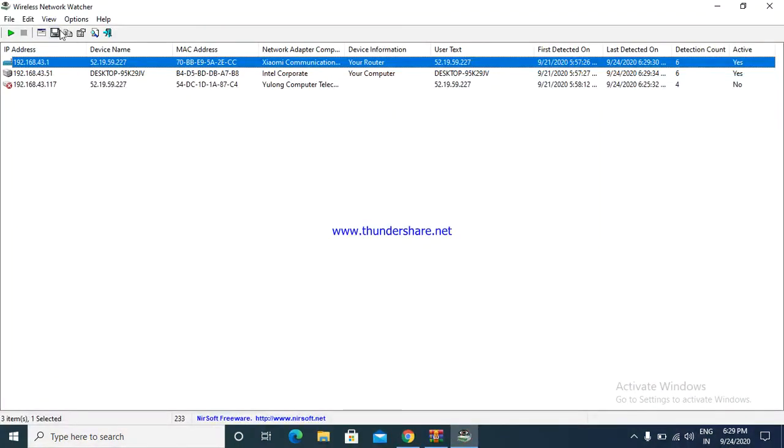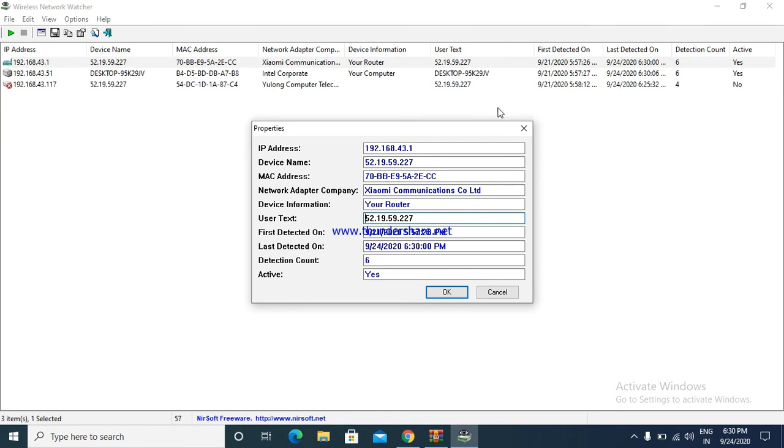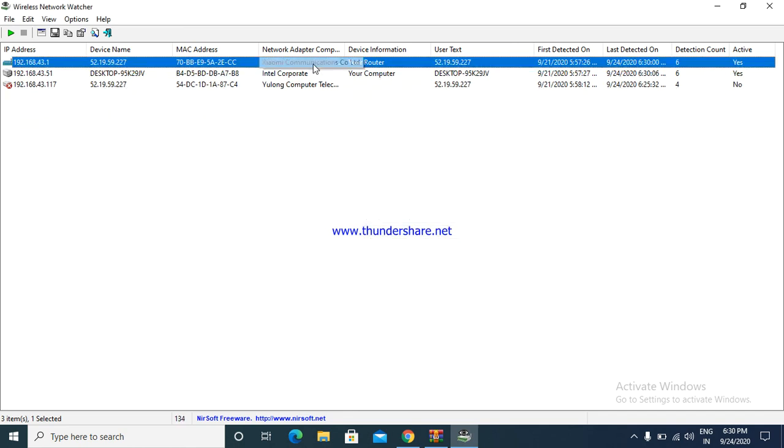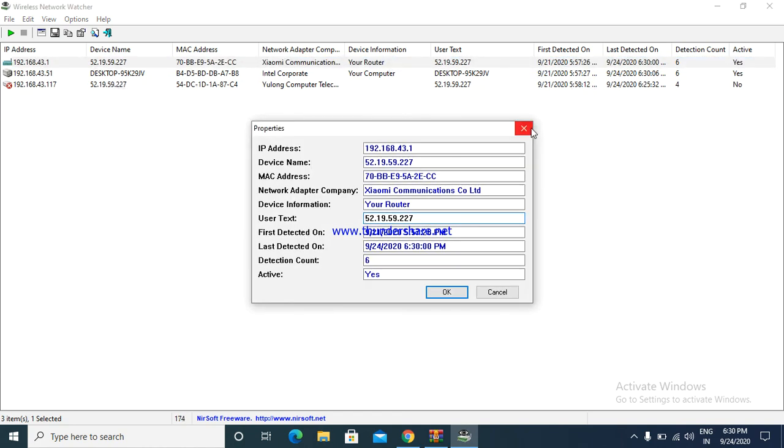Let's see. Selected items. This copies any selected item. Now, if we want to show the properties of this, we can use this. Here it shows all the details about the selected device. If we want to see the properties, then we can double click on the device.